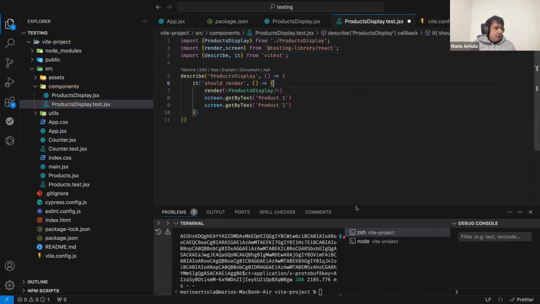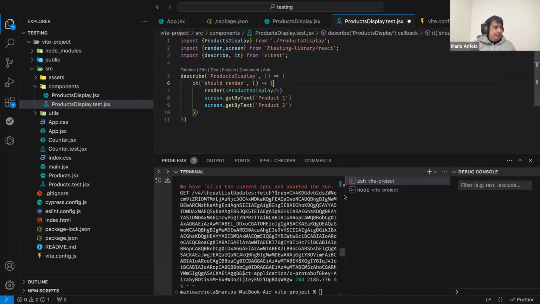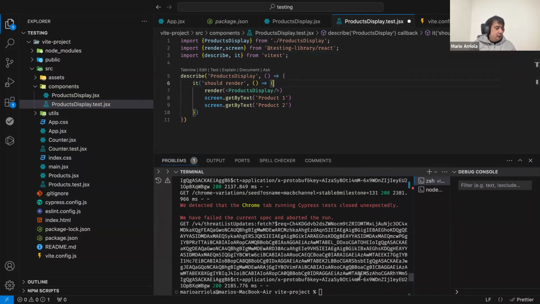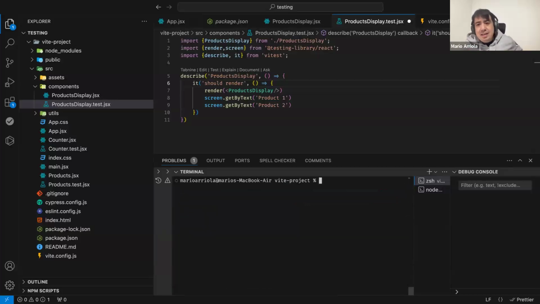This will be our test. This is 100% going to fail, right? This is completely going to fail because this information, product one and product two, doesn't exist. But instead of making it fail,